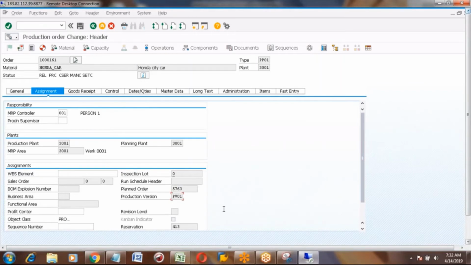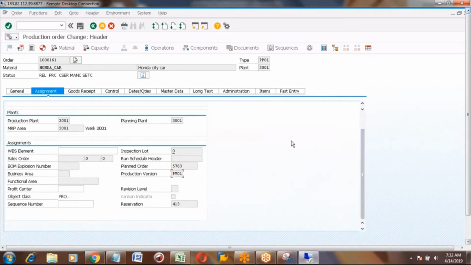I see reservation 413. When you create a production order, automatically this reservation number will come. What is this reservation number? This reservation number is nothing but the components which are required.